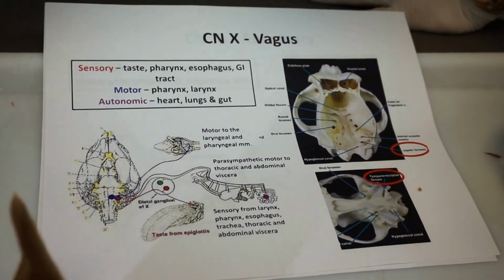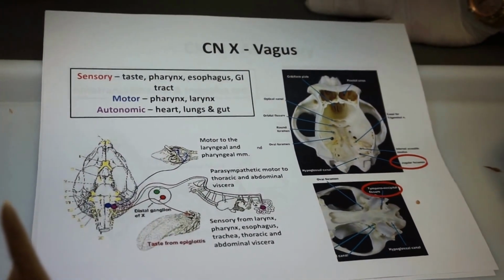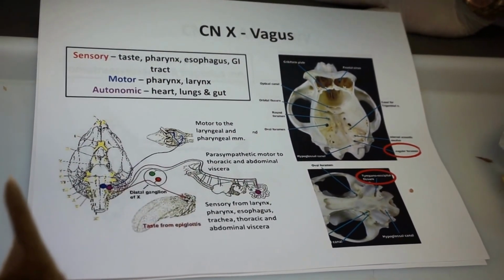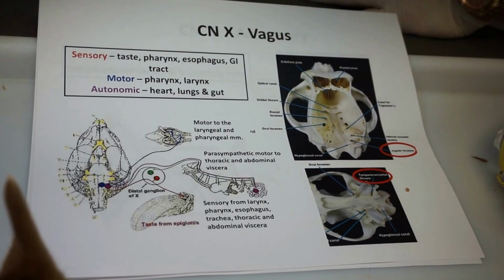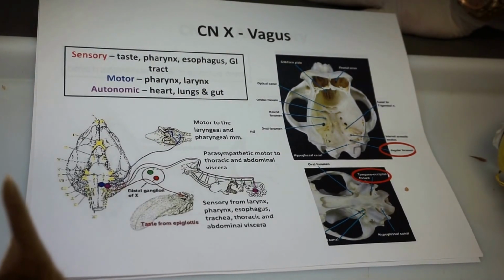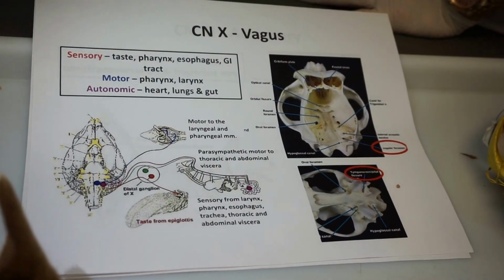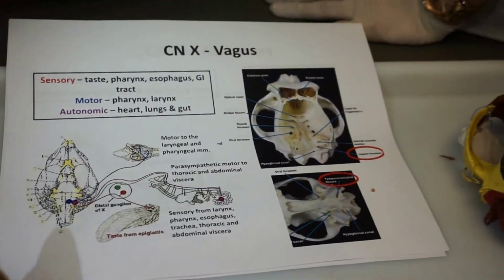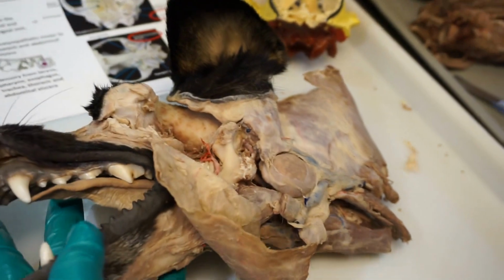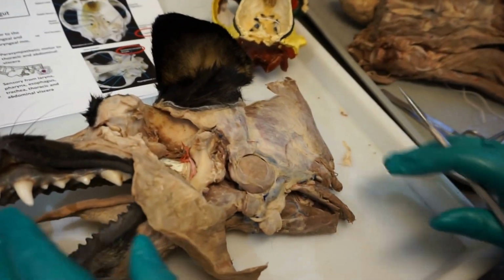So sensory to taste, etc., motor to pharynx, larynx, and autonomic to the heart, lungs, and guts, and the abdomen and thorax. So, what parts of vagus can we see? Most of the parts of the vagus that we've already seen in the semester have been down in the thoracic cavity. Remember that